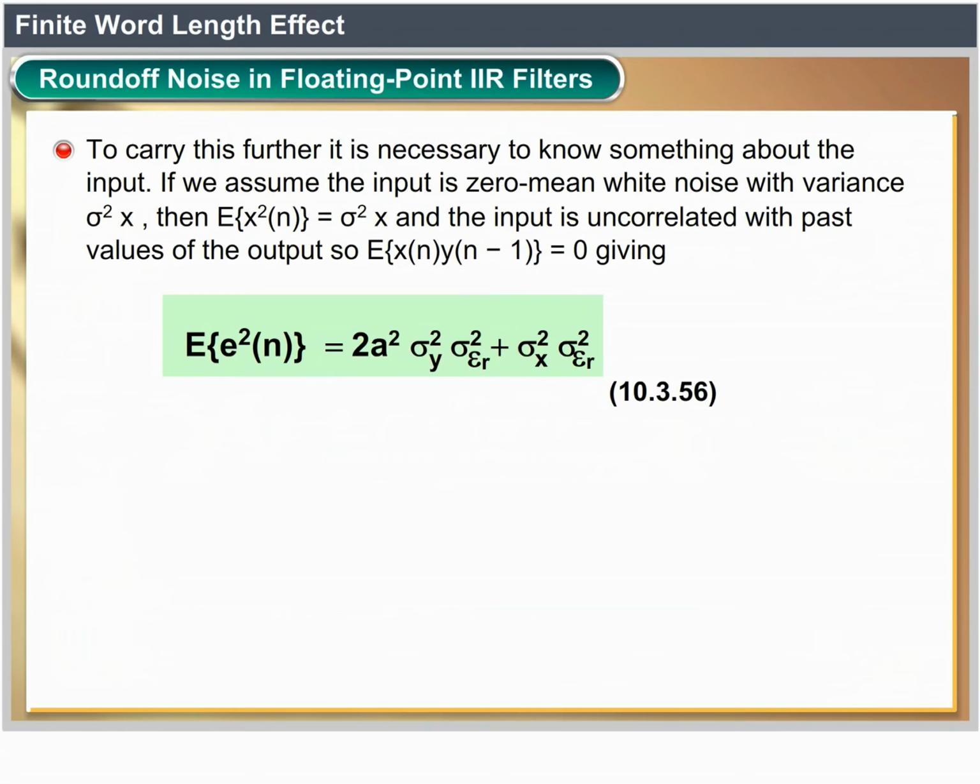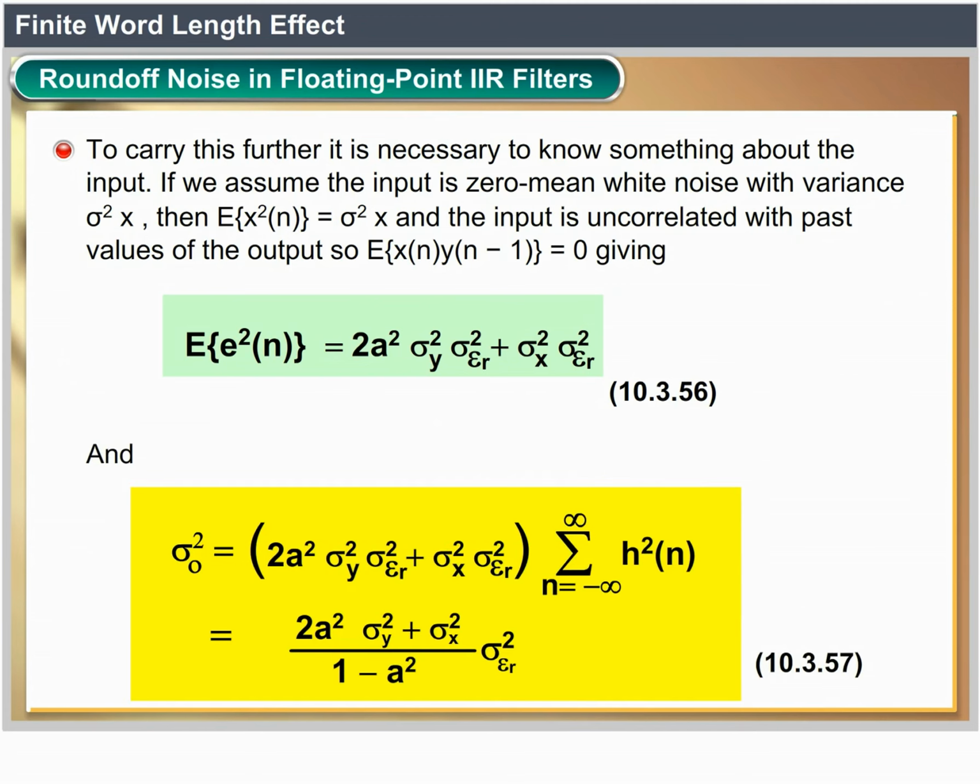If we assume the input is 0 mean white noise with variance sigma x square, then E of x square of n equals sigma x square, and the input is uncorrelated with past values of the output. So E of x of n into y of n minus 1 equals 0, giving E of e square of n equal to 2a square sigma y square sigma epsilon r square plus sigma x square sigma epsilon r square, which is called equation number 10.3.56, and sigma naught square equal to 2a square into sigma y square into sigma